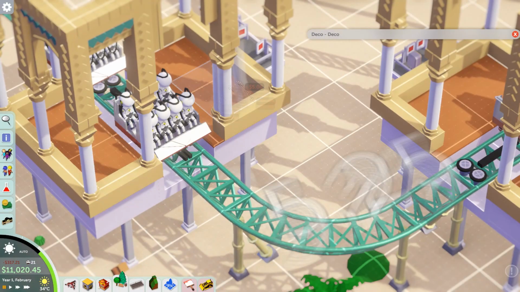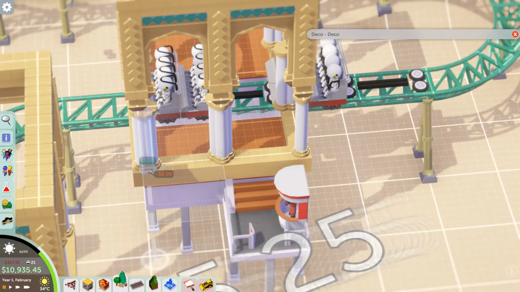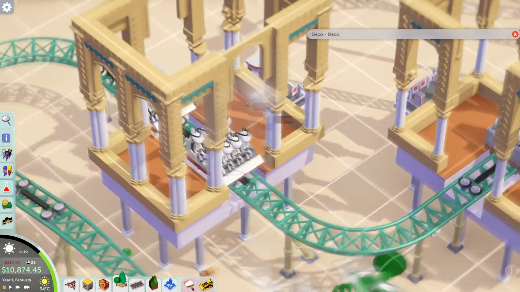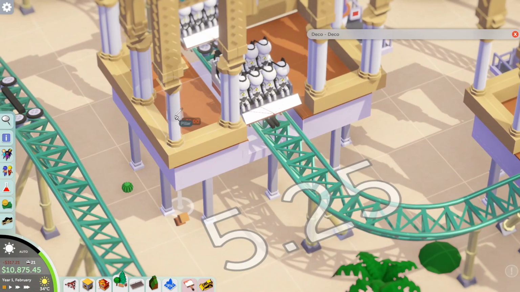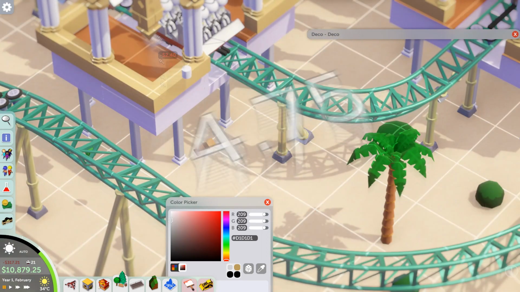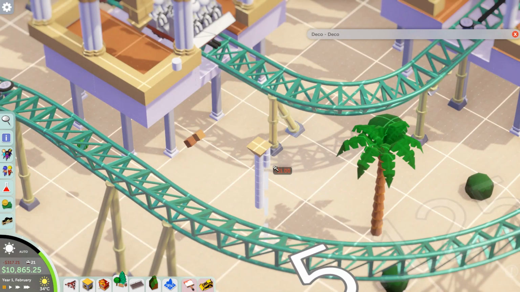Now, the style I was going for wasn't following on from the style that the campaign gives you at the start. I wanted a more Moorish type build, maybe Moroccan type architecture, and that's what I feel we've demonstrated quite nicely in this coaster station build, using lots of tall pillars, lots of tall doorway type pieces, and using the art shapes